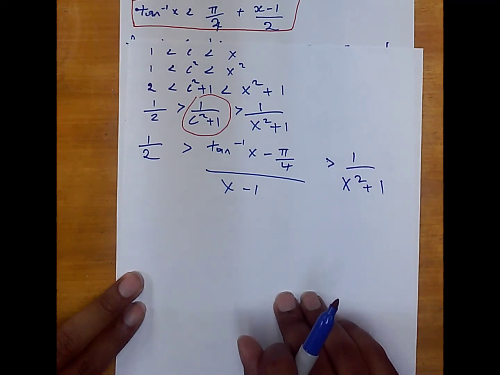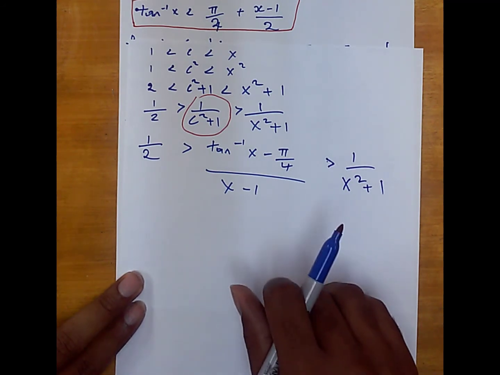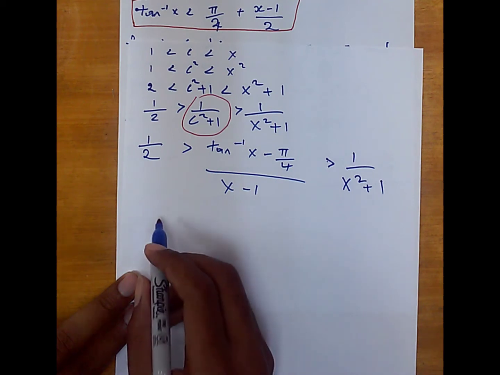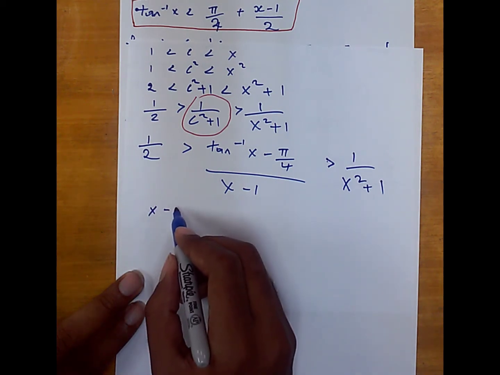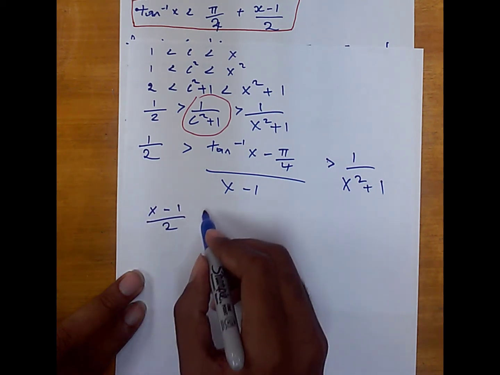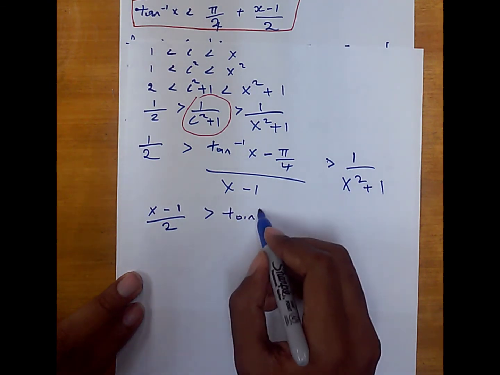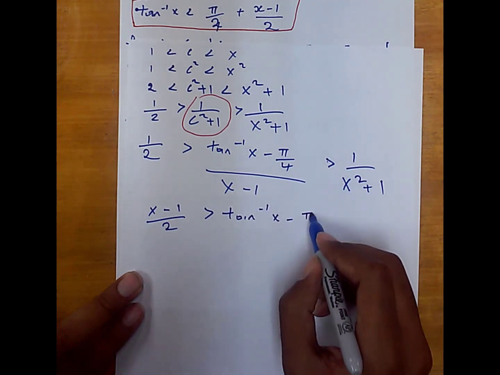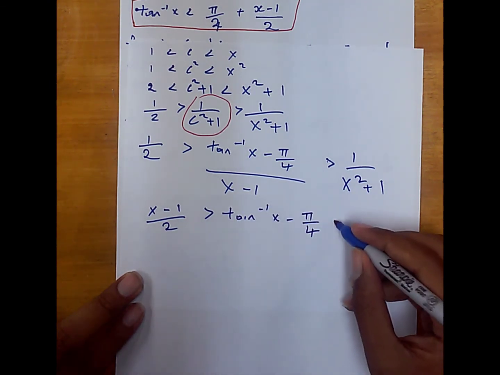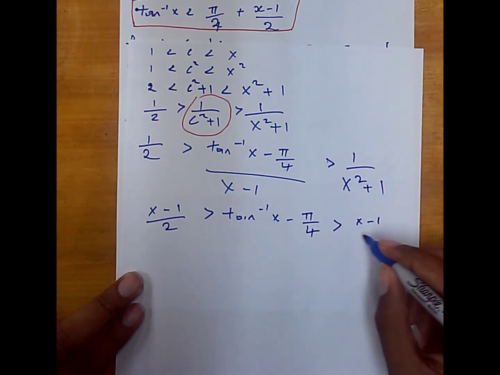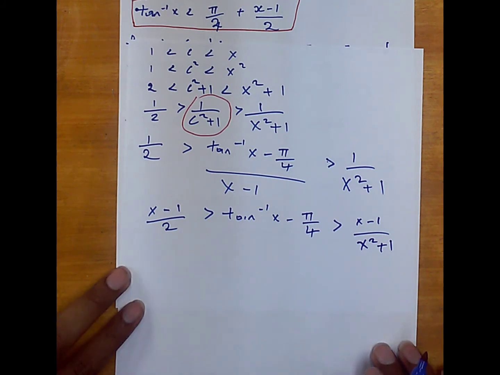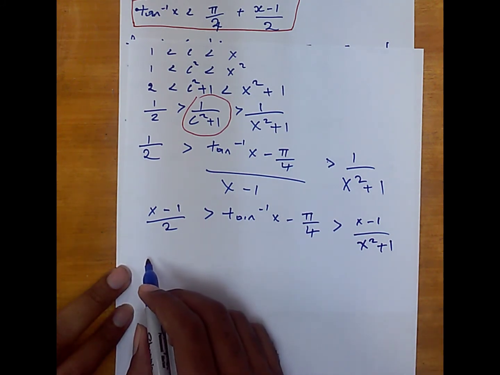And doing a bit of transposition, we can see that we have x minus 1 over 2 is greater than tan inverse x minus pi over 4 is greater than x minus 1 over x squared plus 1,